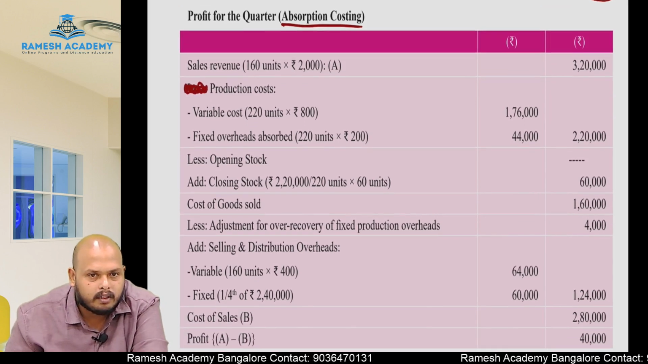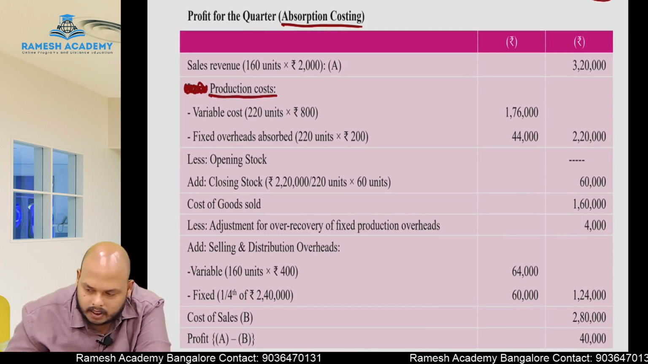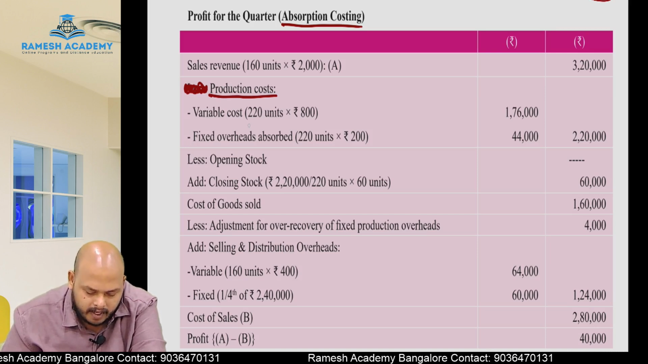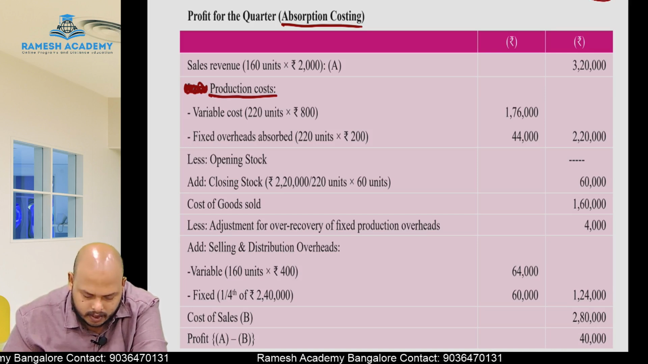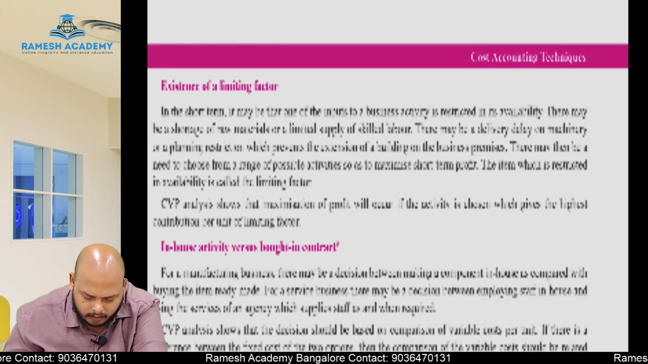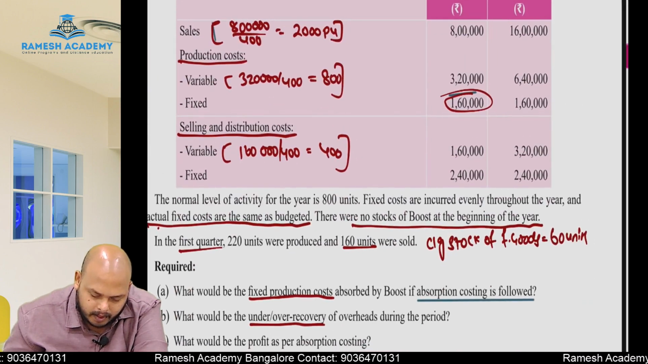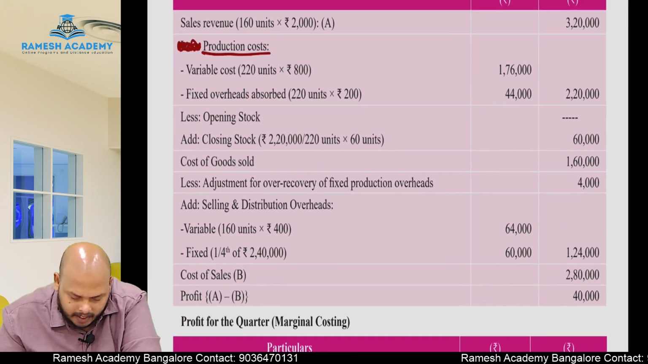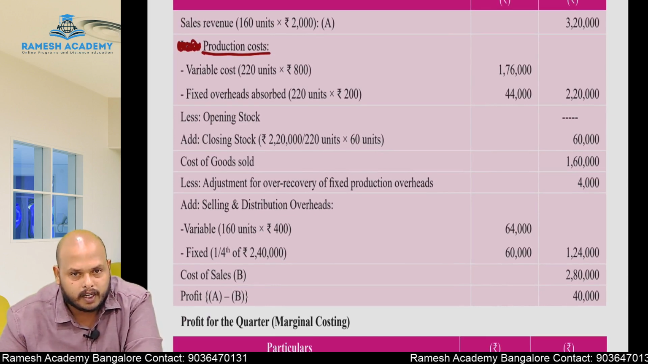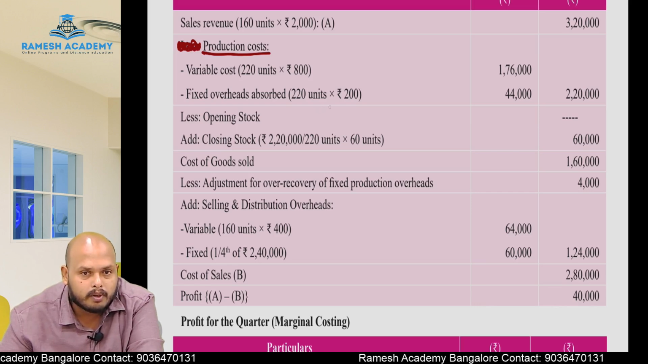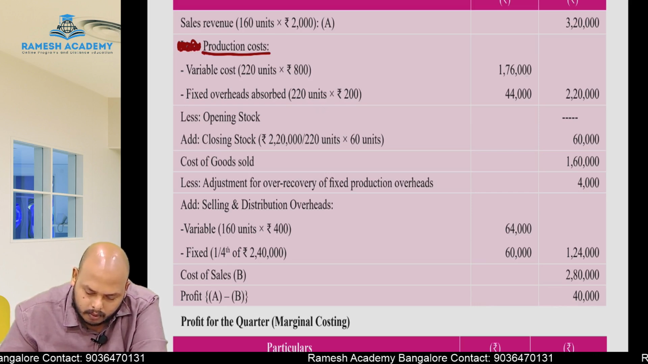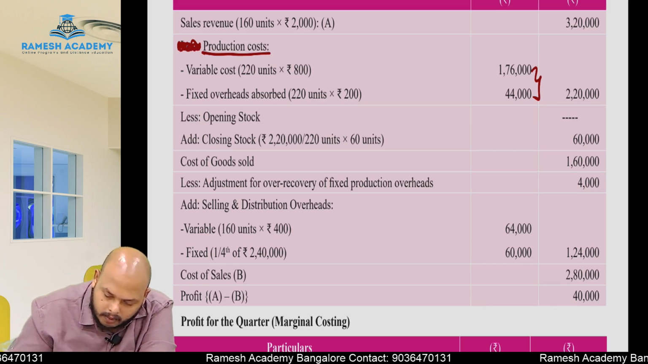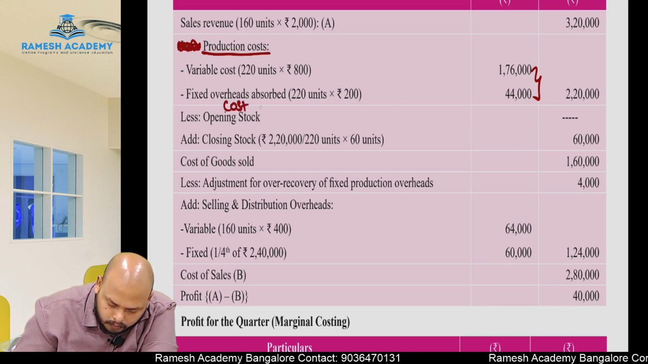Okay. Production cost: under that there will be variable and fixed. We produced 220 units, and the variable production cost per unit is 800. So 220 into 800 is 1,76,000. Fixed production overheads observed are 220 units into 200, that is 44,000. So 1,76,000 plus 44,000, the production cost is 2,20,000. That 2,20,000 will be the cost of